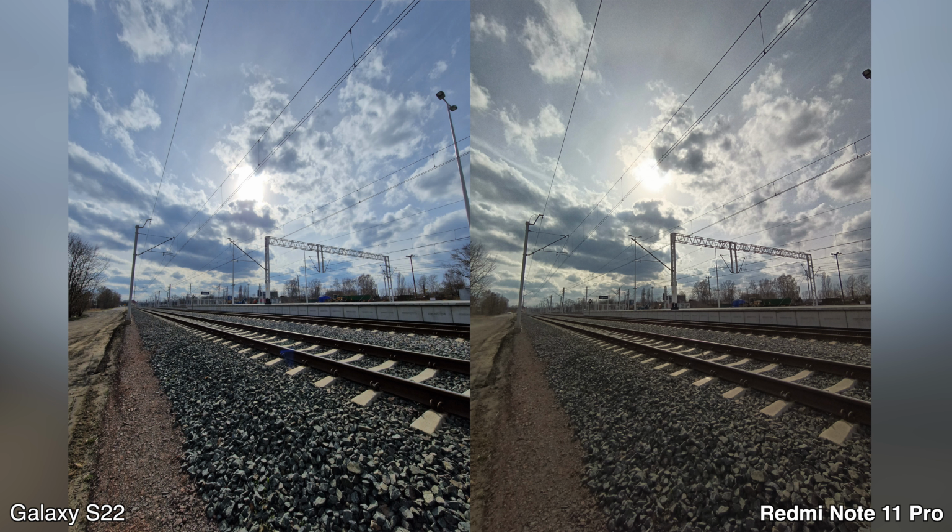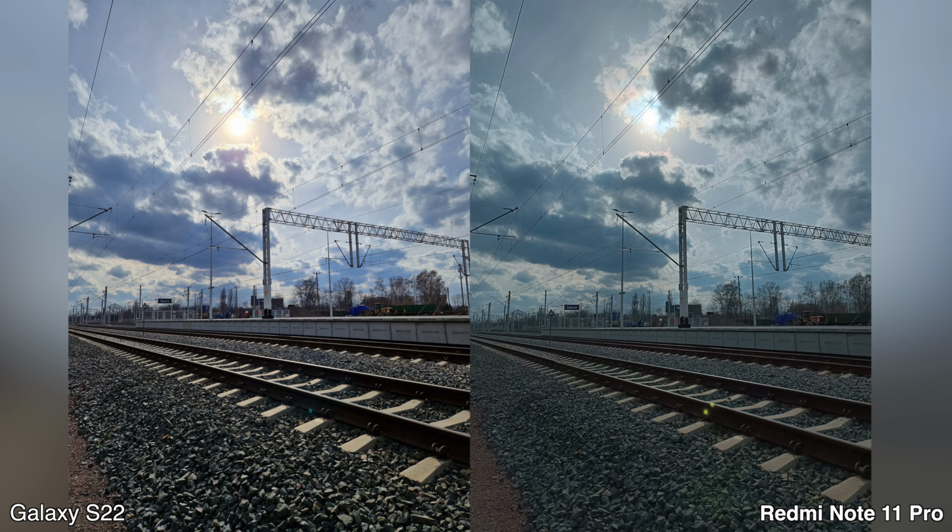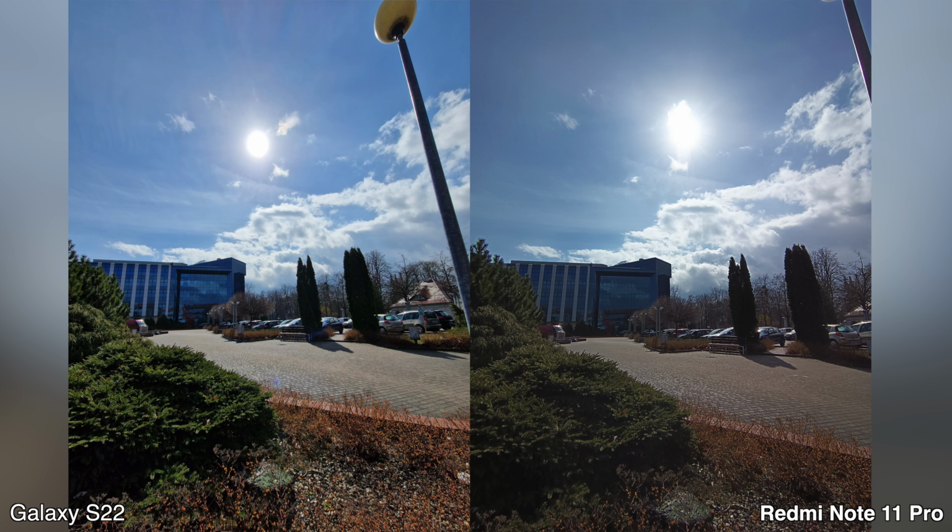Switching to the standard wide angle mode, notice this color shift on the Redmi Note 11 Pro. It looks way too bluish, so here I also prefer the Samsung, which on top of that has an advantage in the sky area, looking at those different shades of yellow in the sun. Perhaps we got a little bit more clarifying exposure in the plant in the lower left corner of the picture coming from the Redmi, but other than that, the picture looks more flat, less lively and most importantly, less detailed